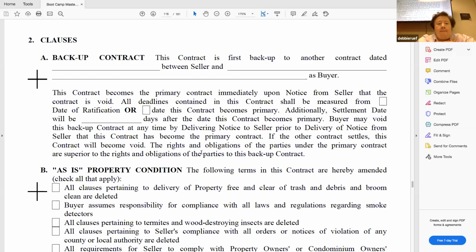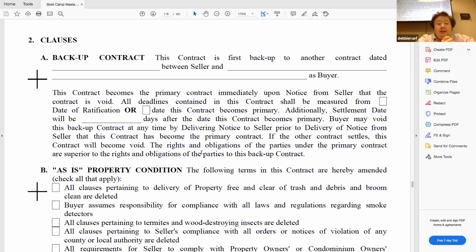I'm representing buyer B. They want to make an offer on a property that buyer A has an offer on. So I'm going to say to the seller that I want to be the first backup offer to another contract, which you already have between yourself and the buyer. And then once the seller voids the other offer for whatever reason, it could be the buyer who voids it too, my buyer B becomes the primary contract with the seller,